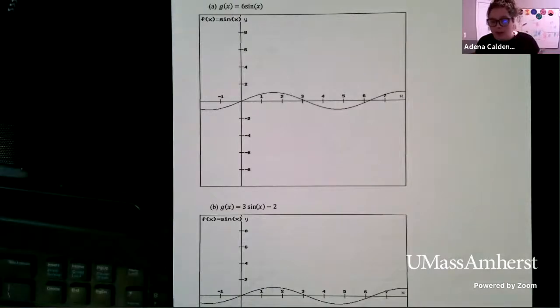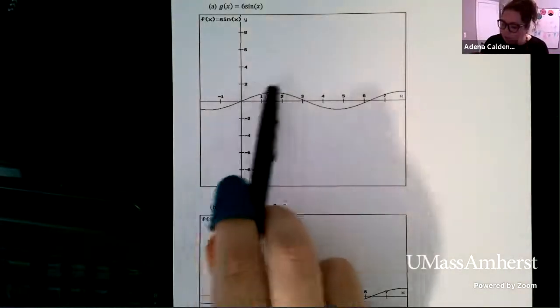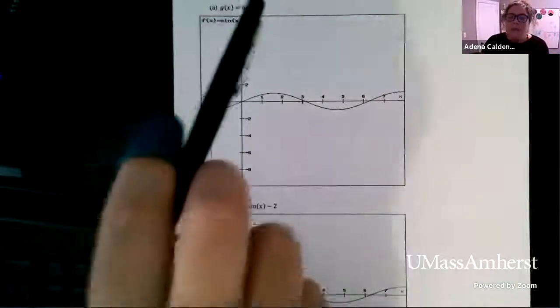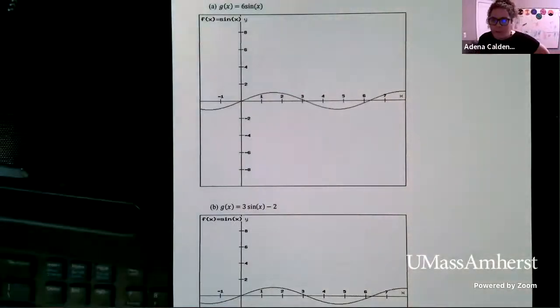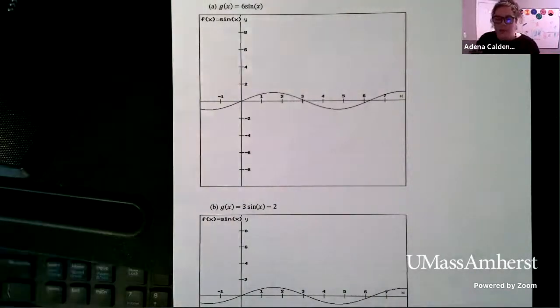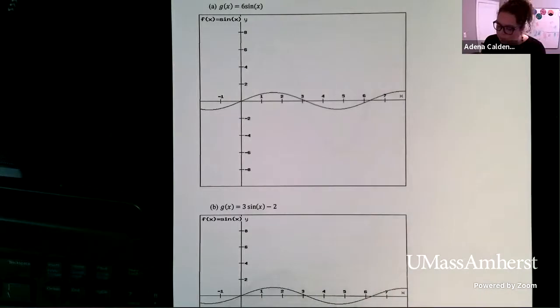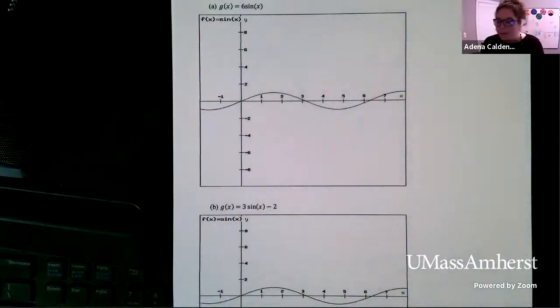So I want you to try this, okay? I want you to graph, if you don't have the graph printed out, just graph a quick sine x, right? You can just do 0 to 2 pi if you want. But then on top of it, graph 6 sine x. So remember, if you multiply by a constant, it's going to impact the vertical direction, okay? And then for the second one, you start with a sine function, and you're going to do 3 sine x, which you're going to do something similar to what you did in the first one, but then also minus 2. So how does that minus 2 impact the graph?